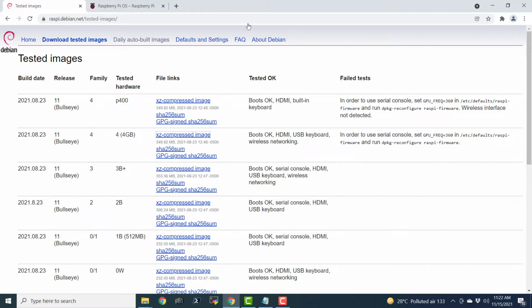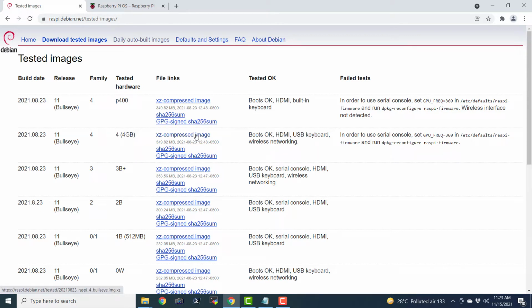Out of that we are going to use this image, which is tested for Raspberry Pi 4 4GB, but you can definitely use it with the 8GB model. I guess this image and the image directly above that, which is tested for Raspberry Pi 400, are the same one. So all the Raspberry Pi models will use this image if you have a Raspberry Pi 400 or Raspberry Pi 4 4GB and 8GB. I would recommend that you use a model with at least 4GB RAM.